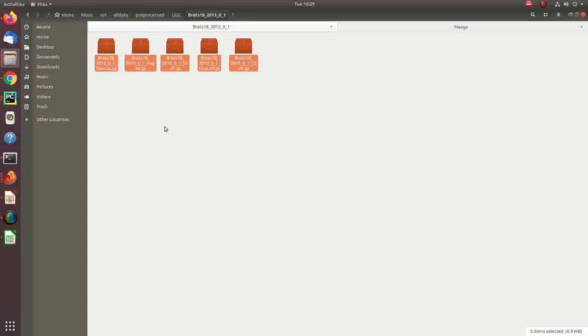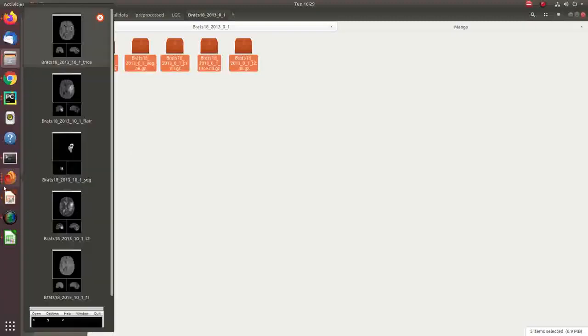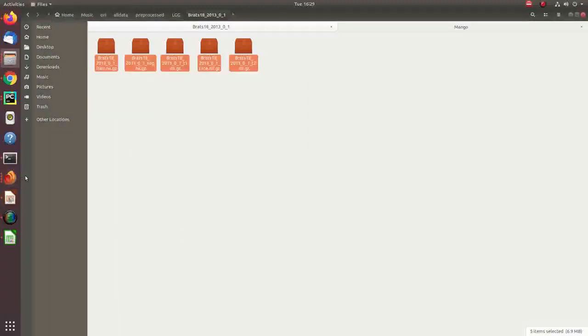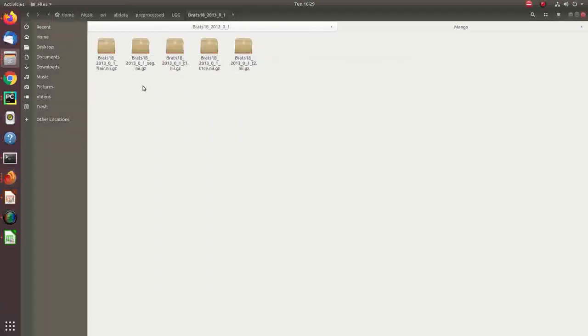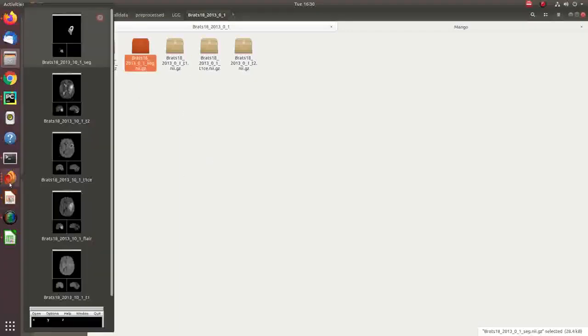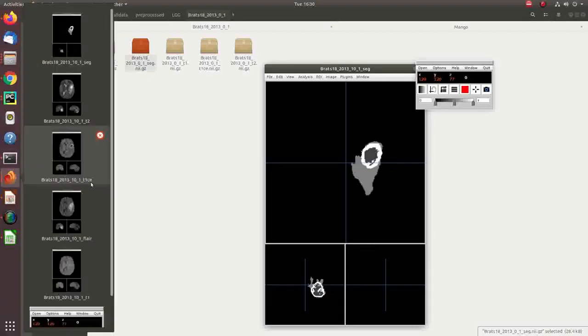These images are in NII or GZ format. Each contains a patch of images of size 512 by 512, and you cannot visualize these images directly. These are medical datasets, so you need a special type of tool to visualize the images. These images consist of four different MRI sections of the brain, and one segmented part which was segmented by a professional and added inside the folder. This segmentation portion consists basically of the tumor.